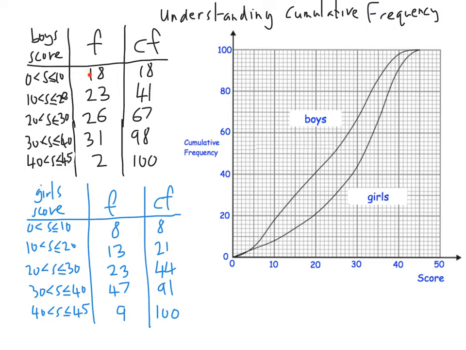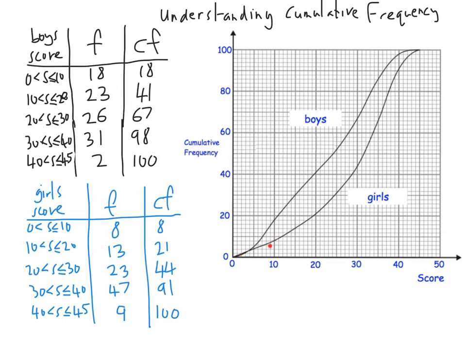18 boys were in the first group. 18 boys got between 0 and 10, and only 8 girls got between 0 and 10. How do we see that on the graph? Well, you can see the girls is a lot more flat there. It's not as steep. The boys is steeper because there's people in that group, which is making the cumulative frequency rise up. The girls' cumulative frequency is not rising up very much because there's not very many girls in that